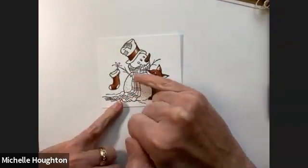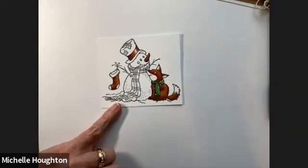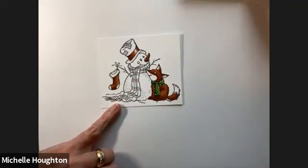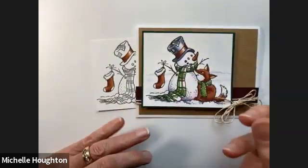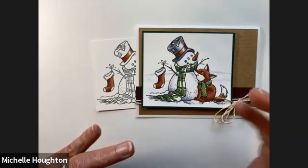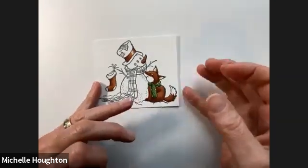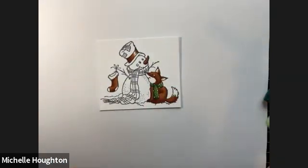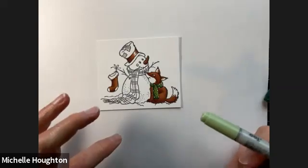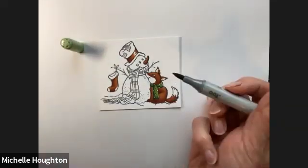The next part we're going to look at is this long plaid scarf on the snowman. And if you remember from the start, what I am going to aim for is kind of that plaid look. And I'm going to leave it white with the green. So I'm going to color every other stripe. It doesn't matter which one you start with. If you are working on the same image, light green,